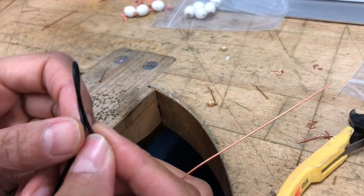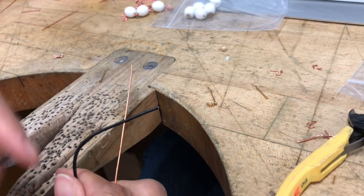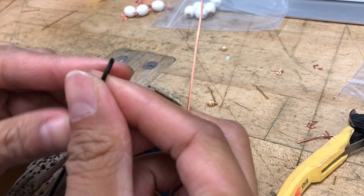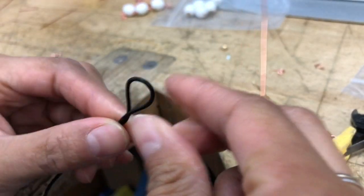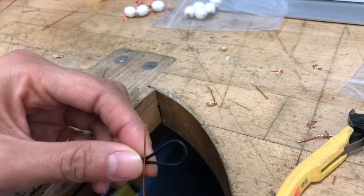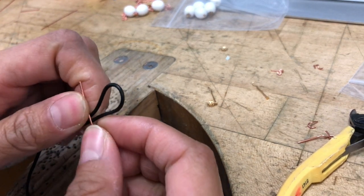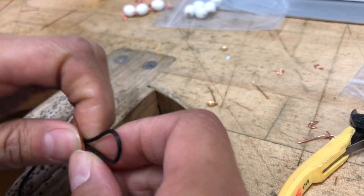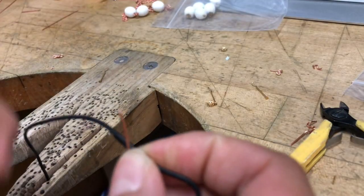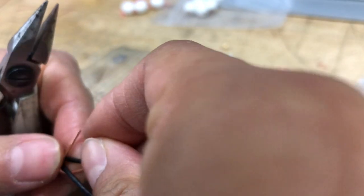Okay guys, so we are going to make a quick toggle clasp using a leather cord and some copper wire and copper sheet. So here I'm just taking this leather cord and I'm measuring out how much I need for the clasp. I'm just eyeballing it at this point, and I'm taking this copper wire and my chain nose pliers, and I'm very lightly holding on to it,